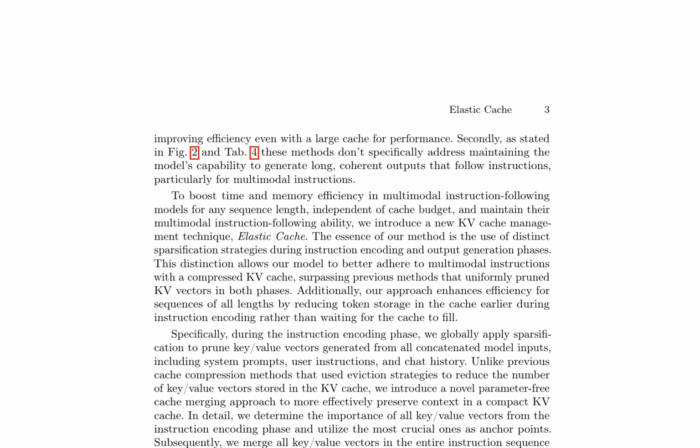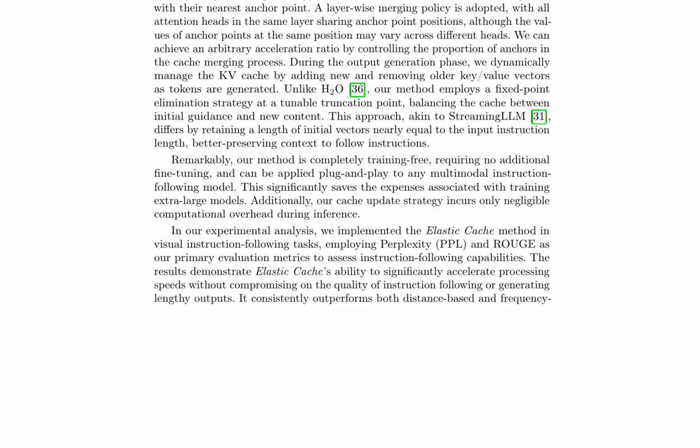During output generation, the KV cache is dynamically managed by adding new and removing older key-value vectors as tokens are generated. The method employs a fixed-point elimination strategy at a tunable truncation point, balancing the cache between initial guidance and new content. This approach retains a length of initial vectors nearly equal to the input instruction length, better preserving